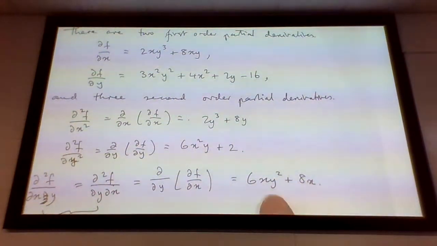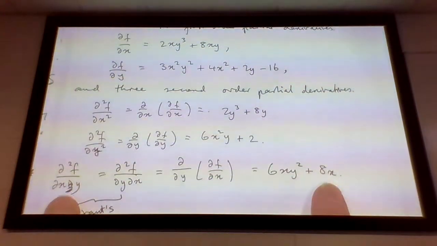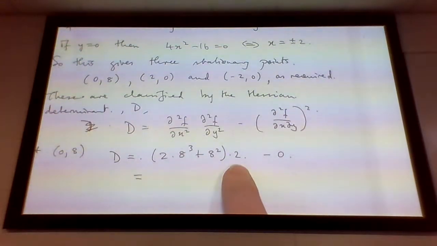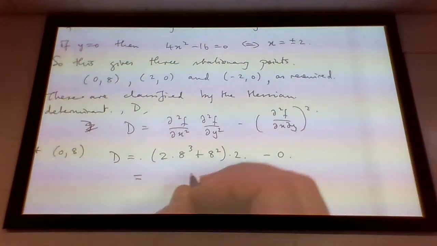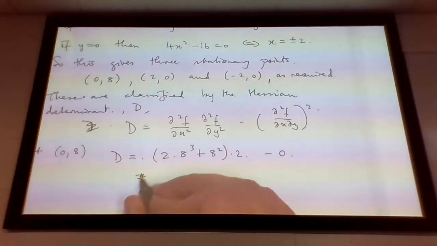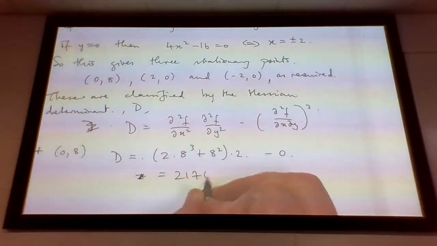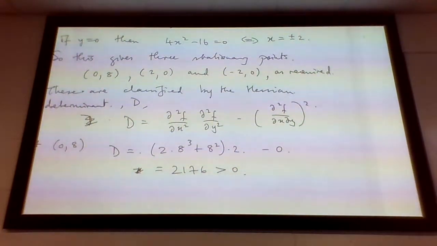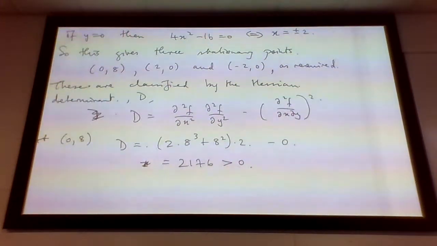Minus, now when x is 0, the mixed second order partial derivative is also 0. So it's minus 0. So this is whatever it is. Say that again? 2,176. But the point about that is it's a positive number, okay? Which means,